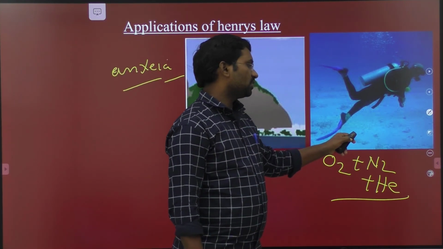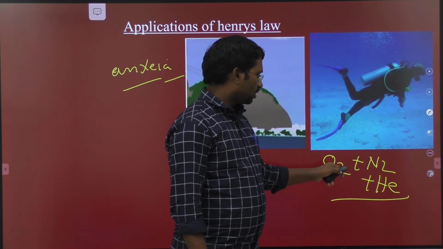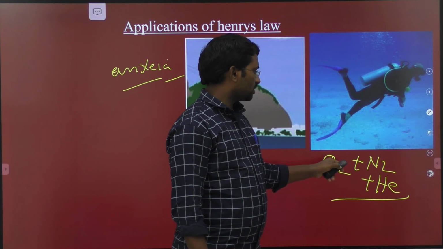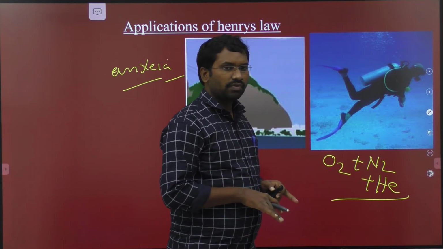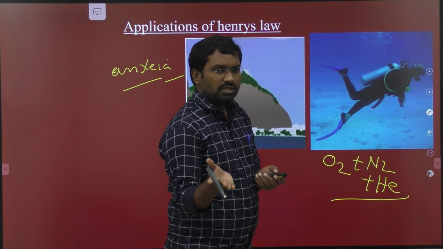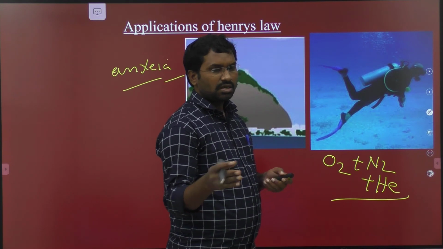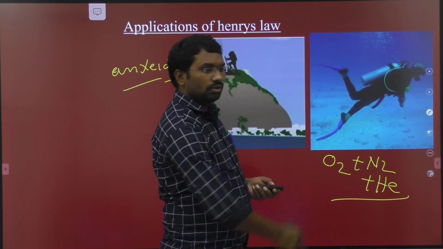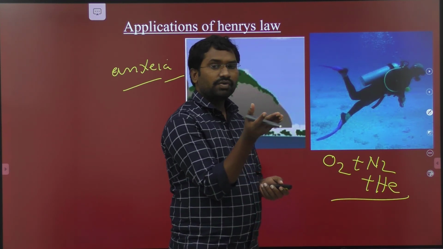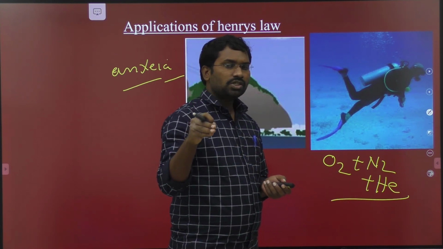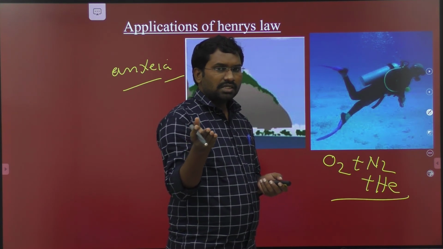So for breathing purposes, when they take the oxygen cylinders to the depth of the sea, the pressure levels are very high. Therefore, from those cylinders, the amount of oxygen, nitrogen, and helium, they absorb all of those gases. Therefore, at the depth of the sea, scuba divers absorb more gases. When they come back to the surface of the sea or ocean, the pressure levels are very low. Therefore, the gases absorbed in their blood easily come out.